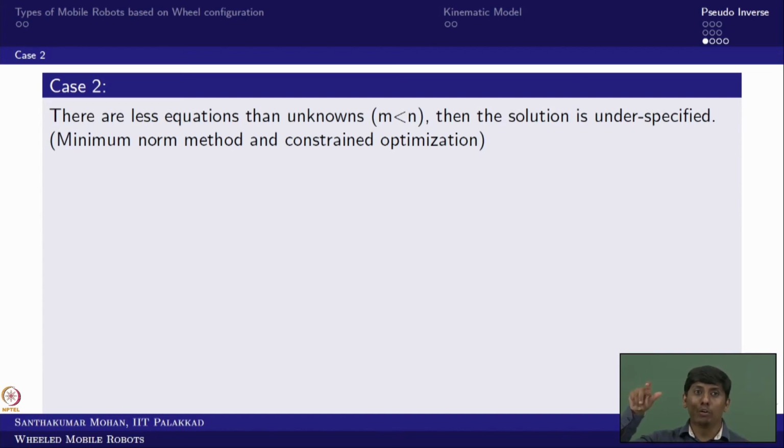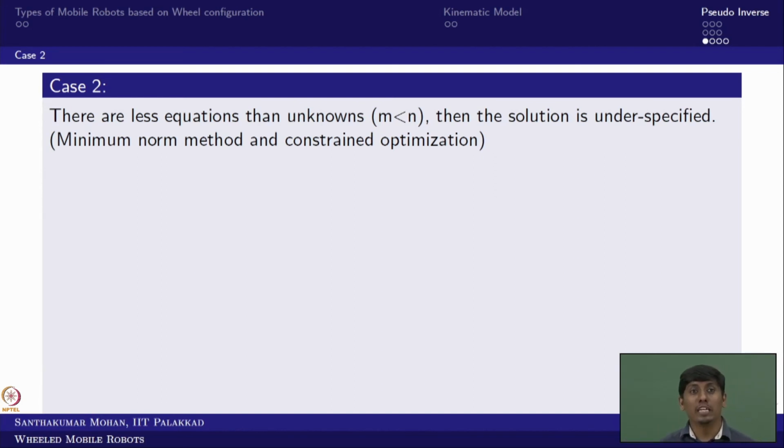So now the unknowns you can manipulate in a number of ways. If you talk in mathematical form, this would have multiple solutions. Theoretically, it has an infinite number of solutions. So then you can see this is not specified at all. In fact, it is not specified at all. That is why we call the solution underspecified.